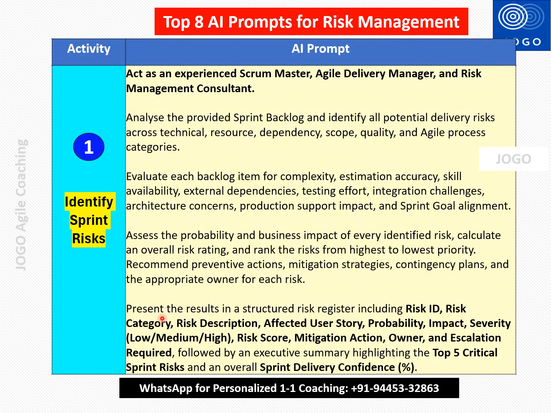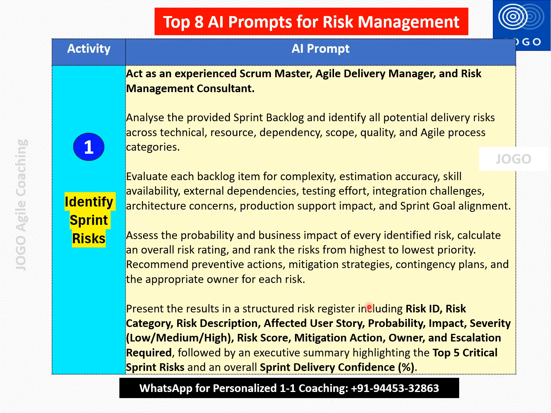The fifth one is present the result in a structured risk register, including risk ID, risk category, risk description, affected user story, probability, impact, severity. This can be low, medium, high. Then risk score, mitigation actions, owner, escalation required. So we are going to create the risk register which has all this information, and all the risk details will be filled in the risk register, followed by an executive summary highlighting the top 5 critical sprint risks and overall sprint delivery confidence. So AI will create all this report, and we can mention whether we need an Excel format